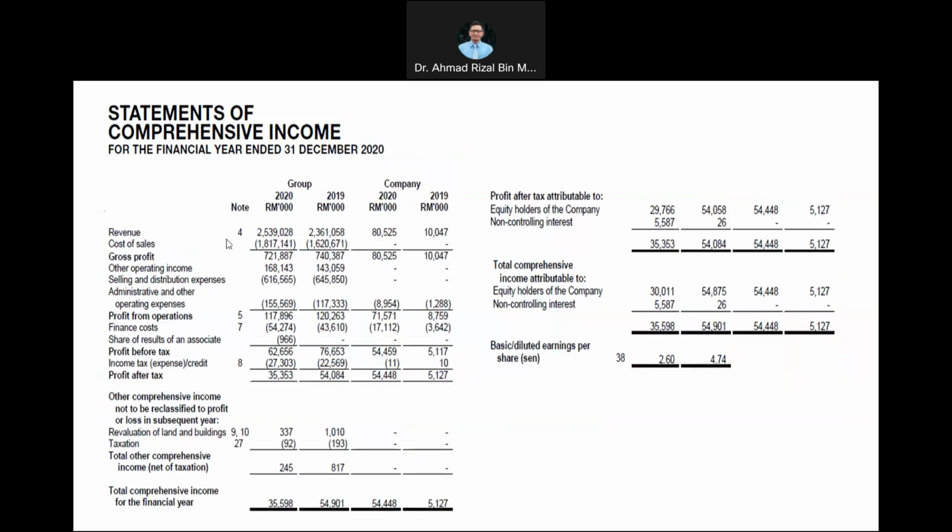And note number 4 would explain, or detail out the calculation of this revenue. Where does it come from? Okay, from which sources? Then they have cost of sales. Normally, cost of sales they do not disclose. Okay, they do not disclose because for many companies this would be a trade secret. Something confidential, right? But of course, if you are an investment analyst, right,